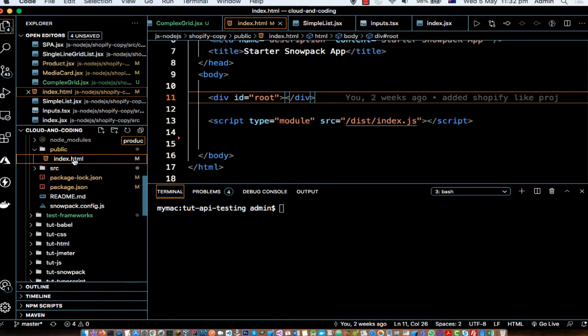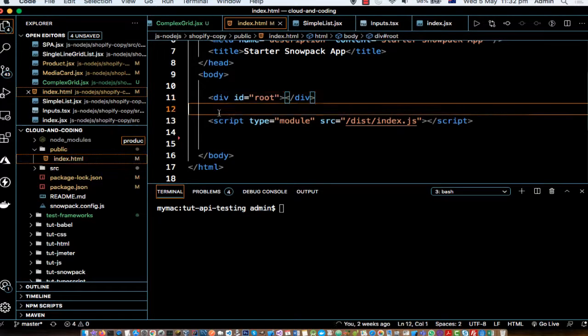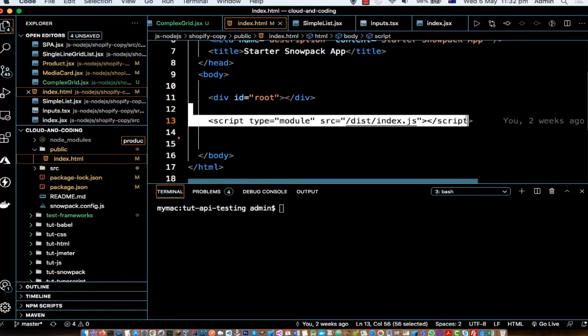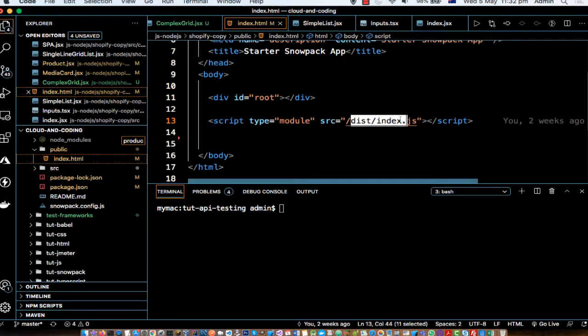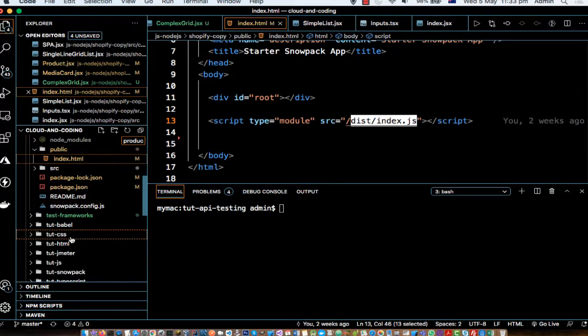So what happens is that when you access the React server, this file is served, and here you can see there is one script tag, and type is module. That means it is an ES6 module, and this is the file that will get called, dist/index.js. Now where is this index.js file? So index.js file is here